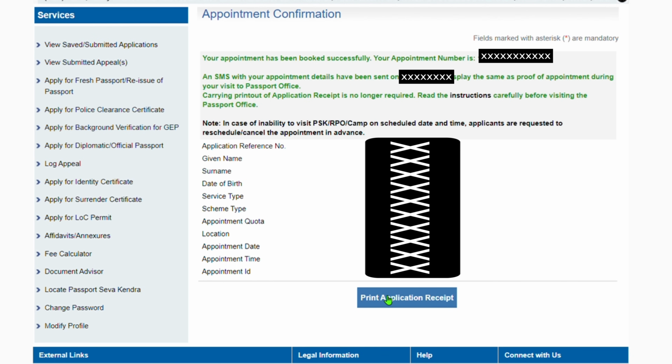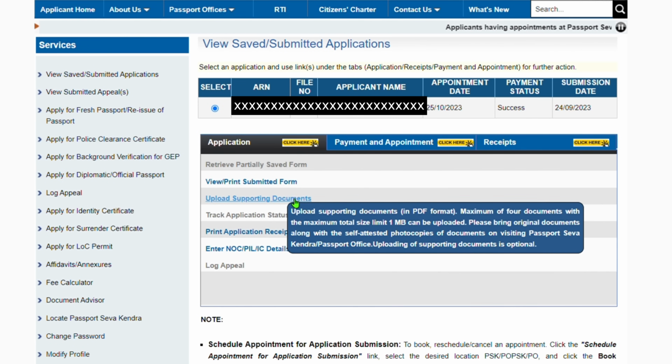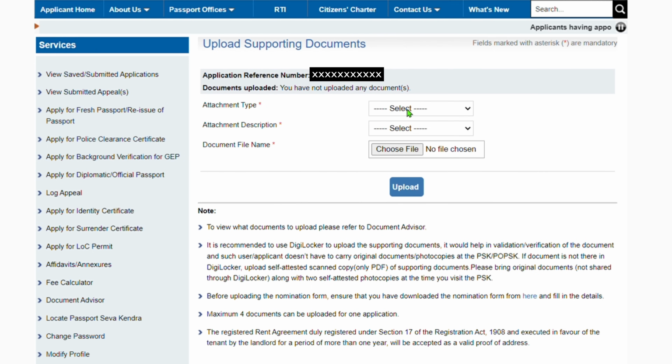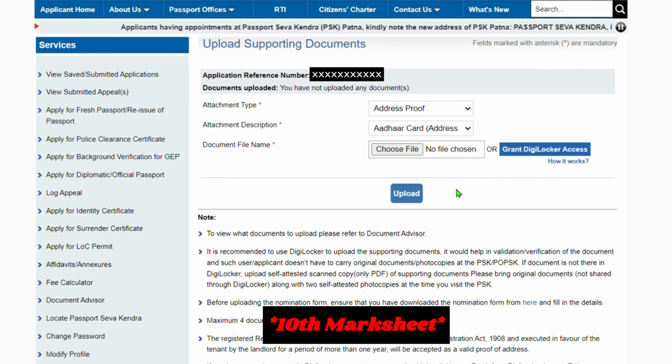Now that the appointment is booked, you have the option to upload your documents online. The document should be in a PDF format. Select your document type, for example, address proof. Attachment description is the document you are uploading as your address proof. Then choose your file from your folder, or you can give access to your DigiLocker. Follow the same steps for uploading proof of birth and non-ECR document, which can be your birth certificate and 10th